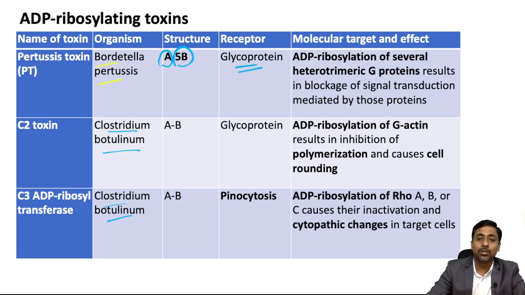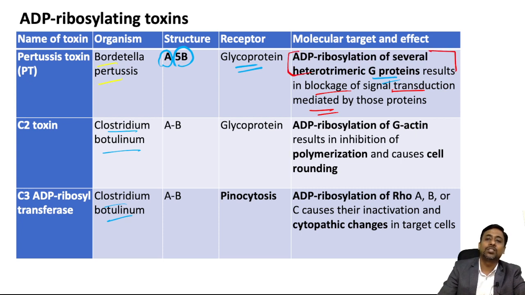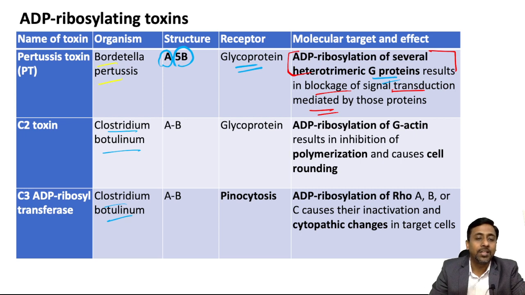Okay, and what it will do? It will do the ADP ribosylation of the heterotrimeric G protein. Here also it will do ADP ribosylation of G protein similar to that of cholera toxin, in which the ribosylation is of GS alpha protein. Okay, and as I told you, this G protein is responsible for transmitting signal from exterior to interior of the cell. So it will lead to blockage of signal transduction mediated by those proteins. Okay. So this is the mechanism of action of the pertussis toxin, that is ADP ribosylation of several heterotrimeric G